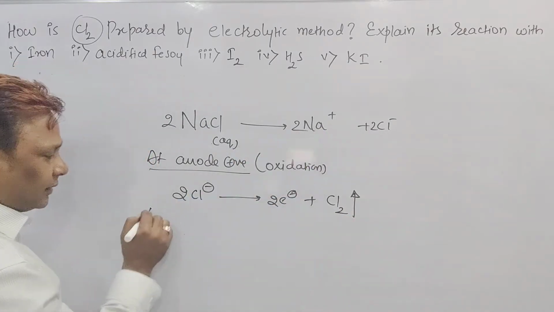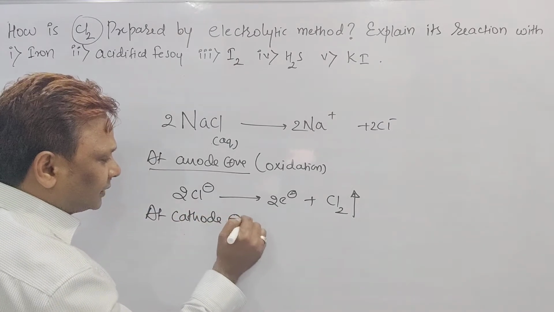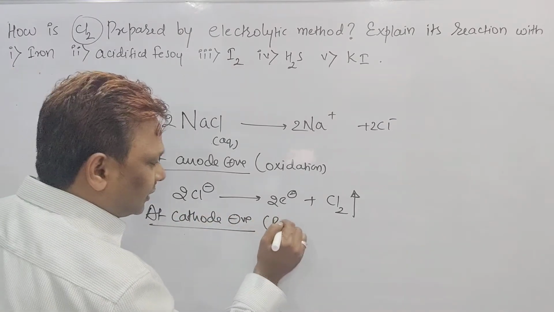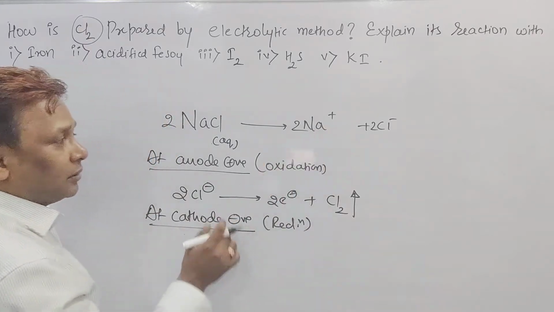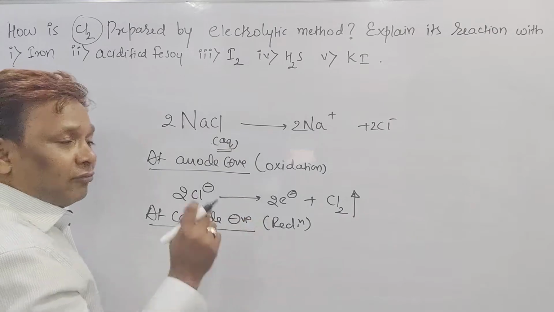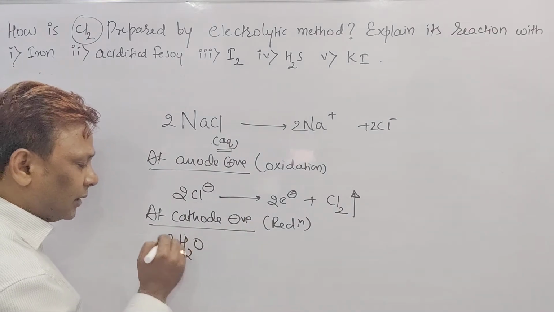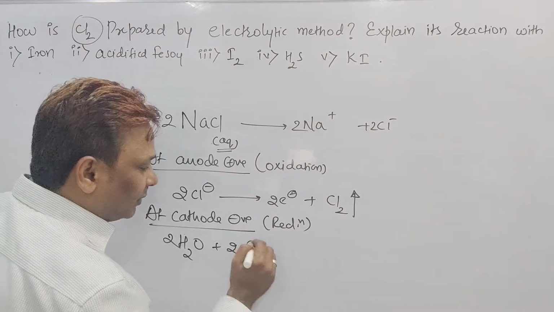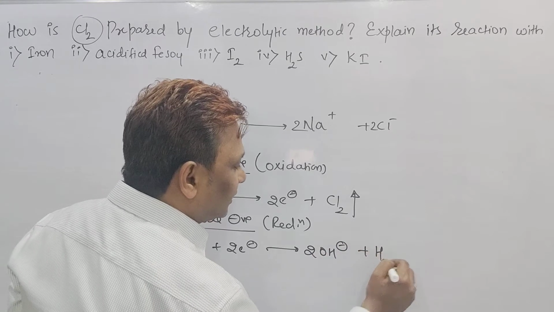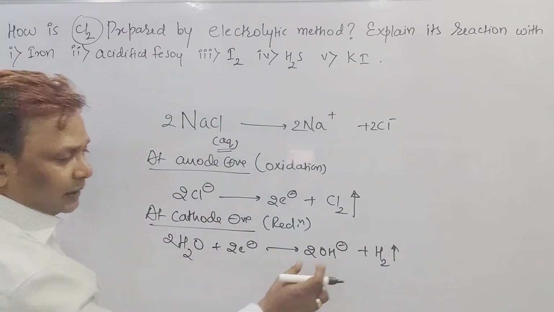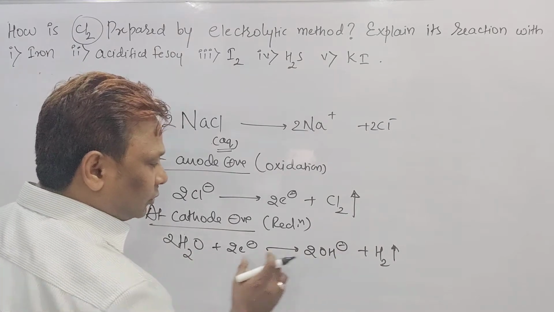Now the reaction that takes place at the cathode. Cathode is negatively charged, and if reduction should occur, means gain of electrons should occur. We will feel Na plus should come here. No, in aqueous medium water has a higher reduction potential. So the water molecules, by gaining 2 electrons, form 2 OH minus and hydrogen gas is liberated at the cathode. See beta, hydrogen 2 plus 2 is 4, here also 4. Oxygen 2, electron 2.